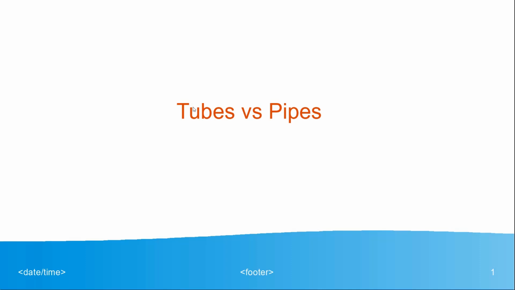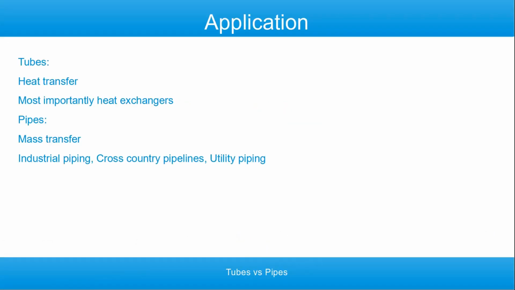And even in the industries, the manufacturing industry, there is a common mistake made by engineers and even the raw material sellers, traders. They call tube as pipe and pipe as tube, but one should know the difference and the application. Going into the application side, tubes are used only for heat transfer